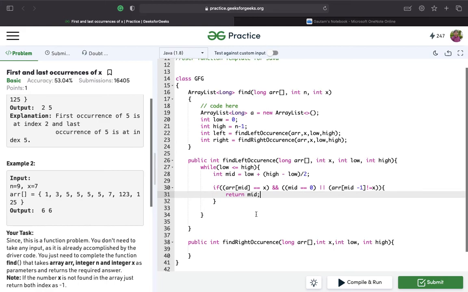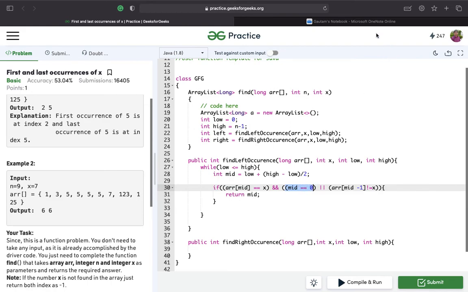So what I've done over here is, first of all we'll need to check if the middle element is equal to x, right? If it's equal to x, then only we'll proceed further, and if it's not, there's no need to do anything. We need to just manipulate the variables low and high. If it's equal, then we'll check if the mid element is equal to 0.